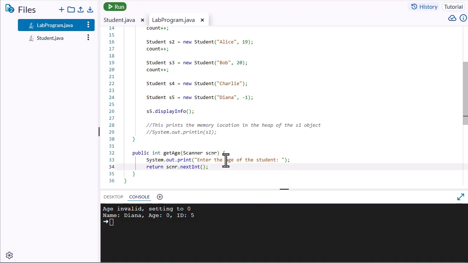So I went ahead and cleaned it up a little bit. I don't want to use the scanner as part of the constructor. That's going to cause all sorts of problems that we really don't need to deal with. So instead, let's create a new method, and I did that down here. I created this new method called getAge, which is going to prompt the user to enter the age of the student with a simple print statement, and we're going to return